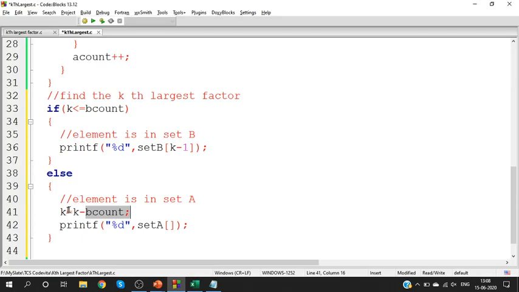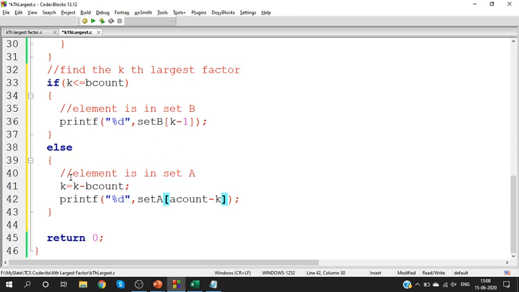After subtracting, we will have a k value, right? So here, number of elements in A minus k. Can you understand this? After subtracting, we will get a k value, print that value. Is this clear for all of you? Yes. So, whenever you have it within the range, it will be in set B or it will be in set A. So, find out where you have the value. Based on that, you can print the answer.